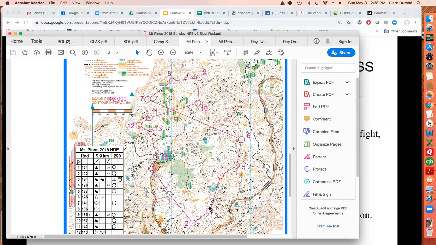One of the nice things about this, remember I talked about that you're setting legs, not controls. So basically what I've done is I've said, okay, the first leg is going to go from here to somewhere up on this hill. The second leg goes from somewhere on this hill to somewhere down in this technical area. The third goes from this technical area to the water control. So I've set up different sets of that for each course, but I'm still setting up the same sort of general problem for everyone. But they can't just follow each other because once they get down here, if they're following somebody who's not on their course, they'll be at the wrong place because the red control's over here and the blue control's over here. So they look very